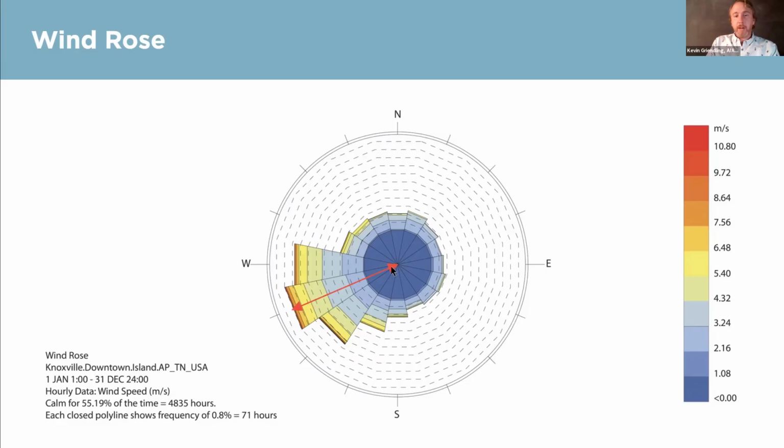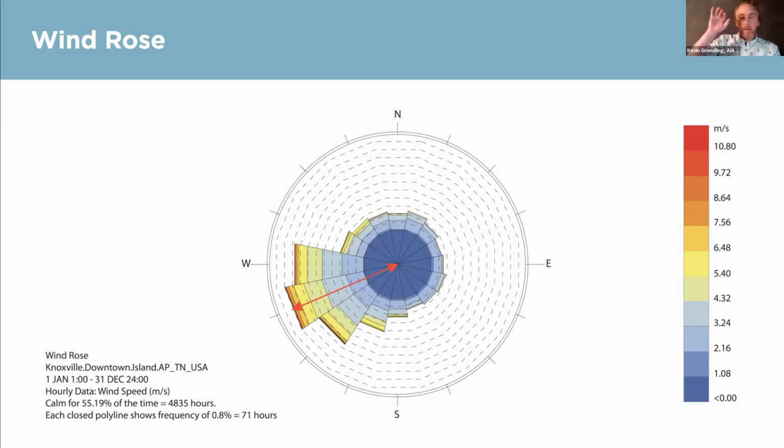at you from that direction and for how much time during the allotted time period that you've established. So that's over 4,835 hours. Basically, if you calculate the depth of each one of these cardinal direction triangles, wedges, that would equal out to 4,835 hours, is how that breaks down in this one. So this tells you the velocity and how much time in each direction it's coming at you in that wind